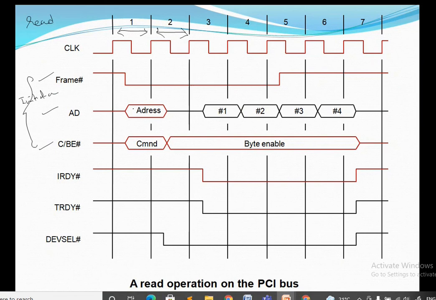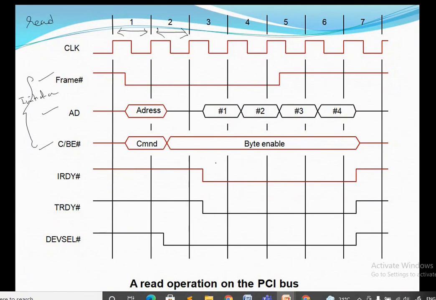Okay, it disconnects the address because now by clock 1 the particular address device is identified. That is, I have just assumed it that way. Then the selected target by this clock cycle 1, the particular device that is matching with this address, is identified. The selected target enables the drive on the address line and fetches the requested data to